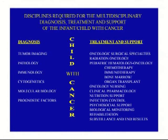You need to have pharmacies and pharmacologists who are aware of some of the drugs we use and the unique aspects of delivering them to various age children. You need all of these supportive care areas, including psychosocial support, rehabilitation, and finally, and you'll hear some from Dr. Fryer, I think, the importance of having a long-term follow-up and surveillance program for late effects and the ultimate results of the care. And I'm going to show you a great example. I'm going to steal a little bit of his thunder a little later, but show you a great example of